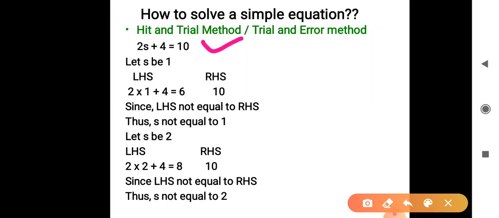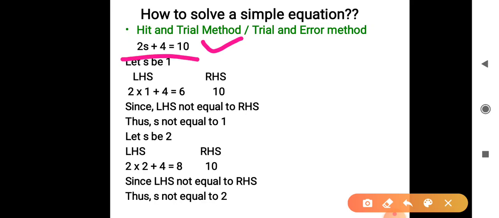So I know many of you know how to do hit and trial method, you have learned that, but still there is a particular way of presenting the hit and trial method. So how are we going to begin with it? First of all, we have to assume the value of s to be any integer, let's say. Now integers are many in number, right? They are countless. So which integer do we need to take in order to get the answer nearest to the accurate answer? That we can decide by looking at the equation itself.